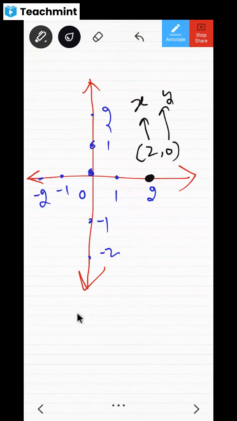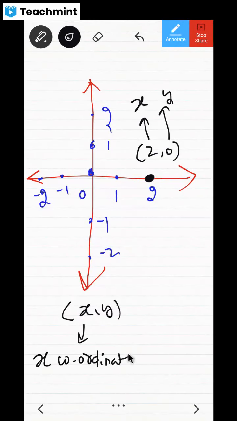So whatever we write as x comma y, this x is known as the x coordinate. There is another name for it, abscissa. We call it abscissa. I will come to that. This y is called the y coordinate. So these are the normal names we use. Then after that we use other names. I'll come to that also. Right now you understand x means x coordinate and y means y coordinate. Understood?